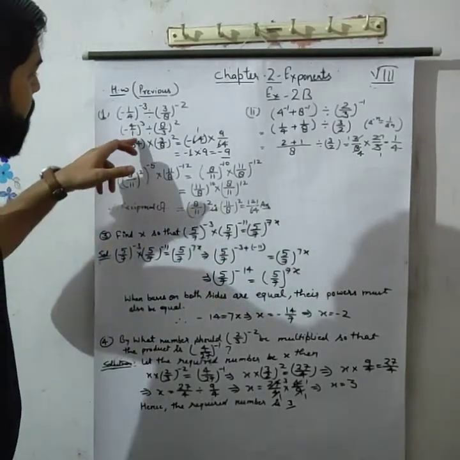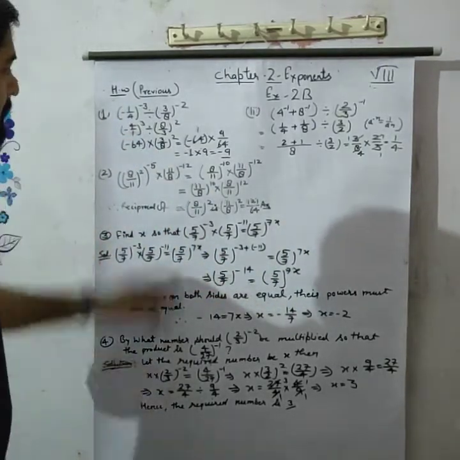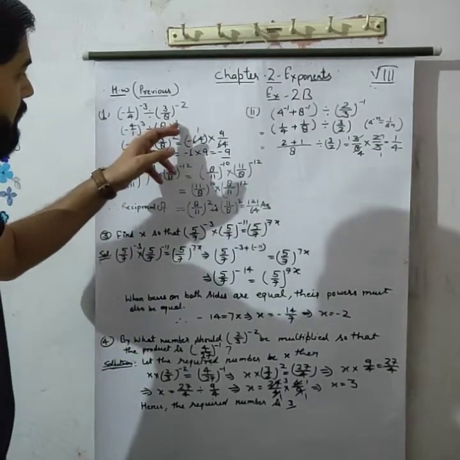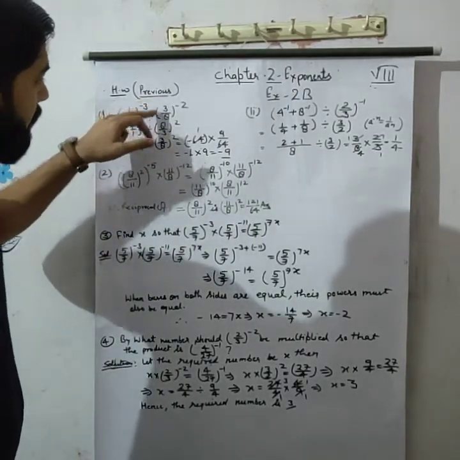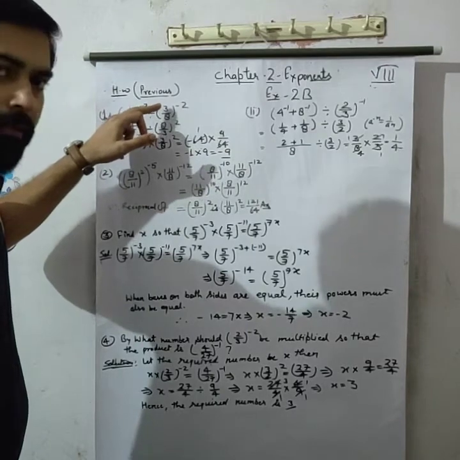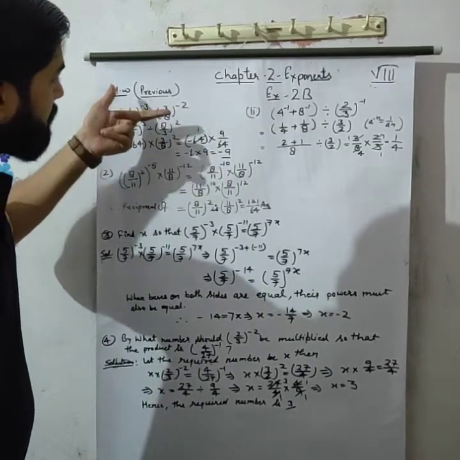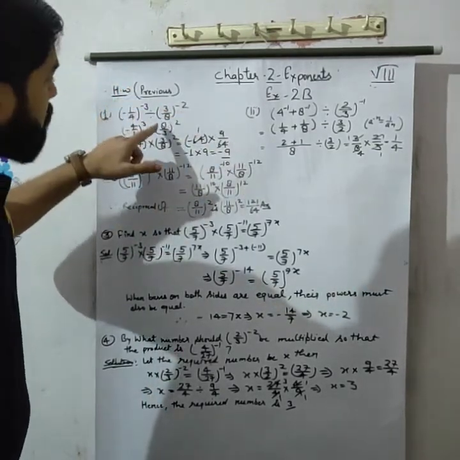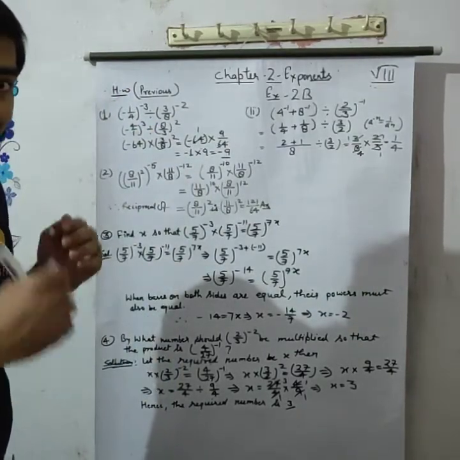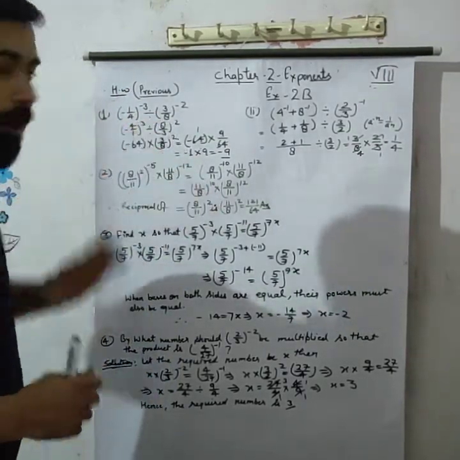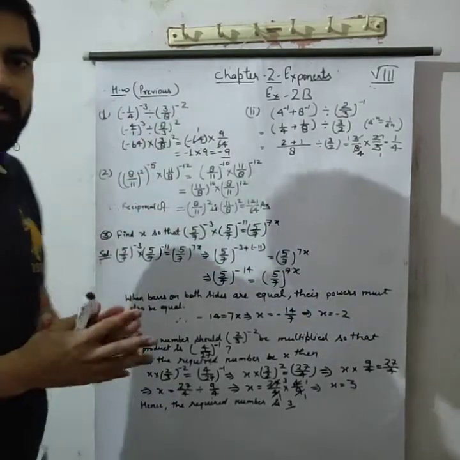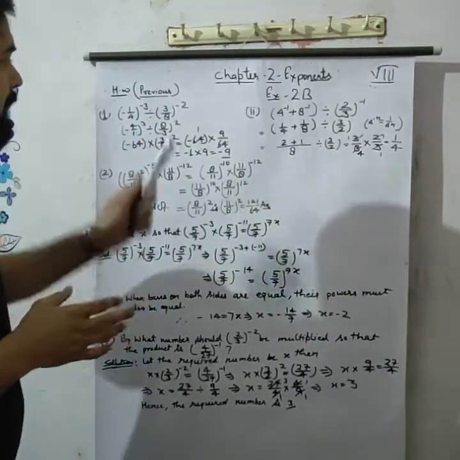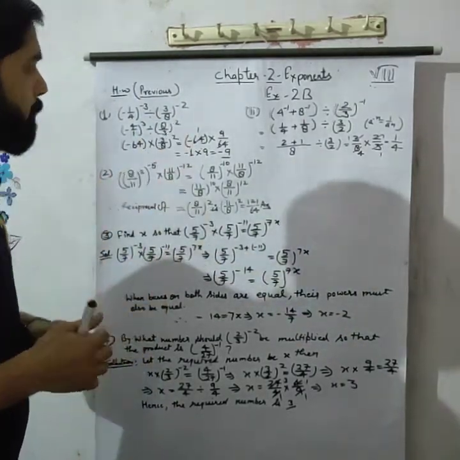Then minus 4 upon 1 raised to the power 3, divided by 8 upon 3 raised to the power 2. Why 8 upon 3? Here 3 upon 8 is written. So what is the opposite of 3 upon 8? The opposite of 3 upon 8 is 8 upon 3. And now what is the opposite of minus 2? Plus 2, so we can write it without the plus sign. So this is a 2.